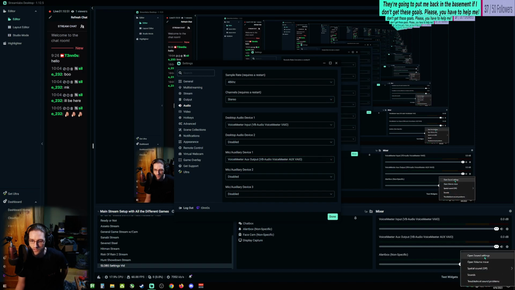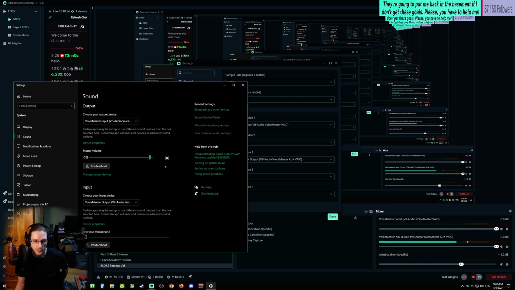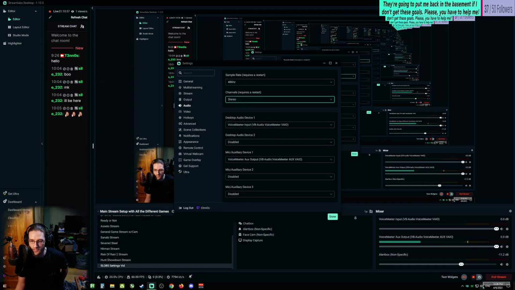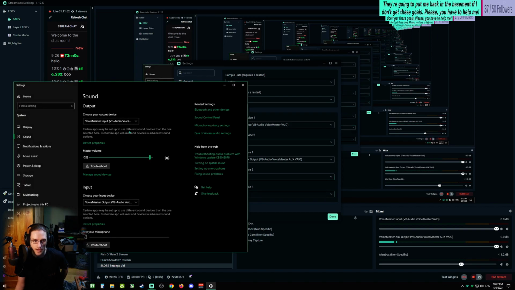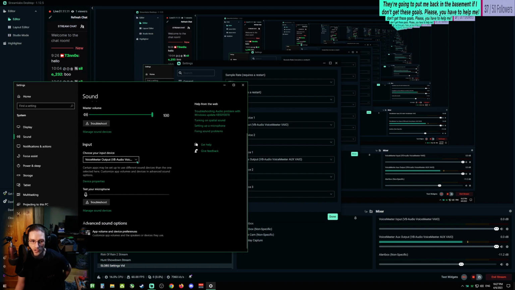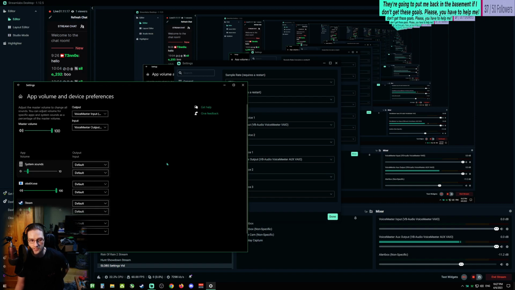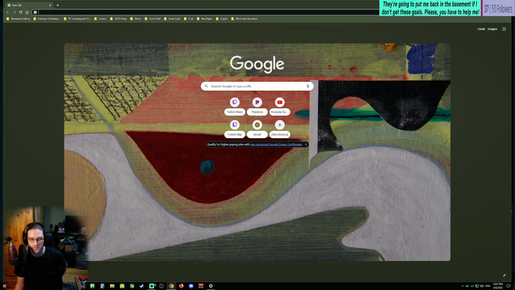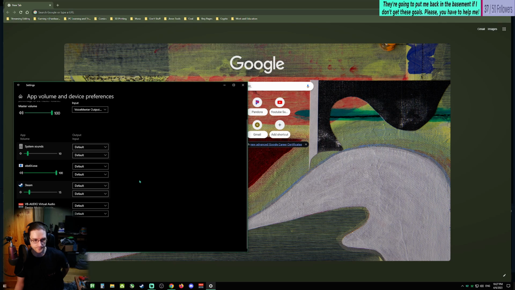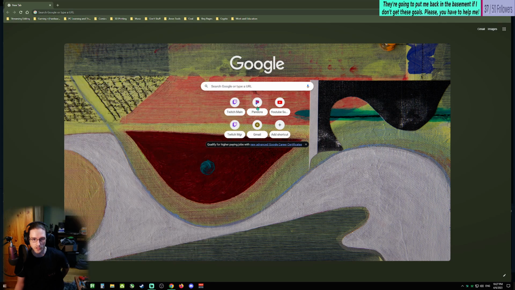To change all that in Voicemeeter, you again right click on your little speaker down here, and instead of sounds, you go to sound settings, and your output you set to your headphones or whatever, and your input you set to your microphone or whatever. If you go to advanced options, this is how I get music to play without it being in the VOD. So I go to